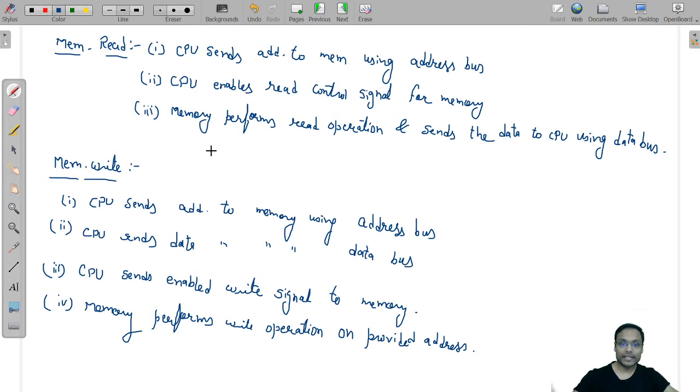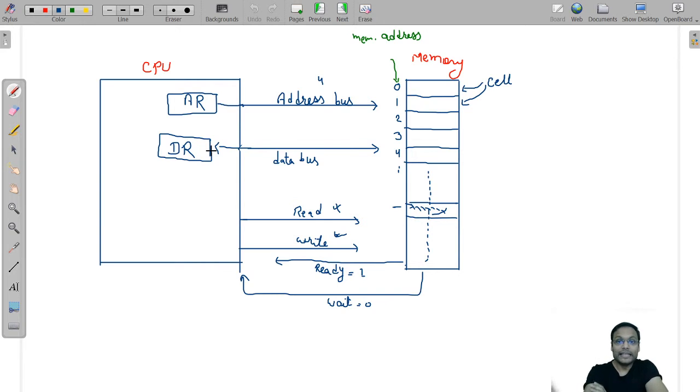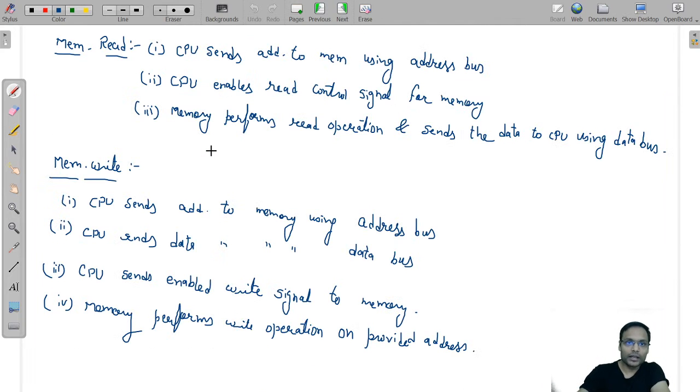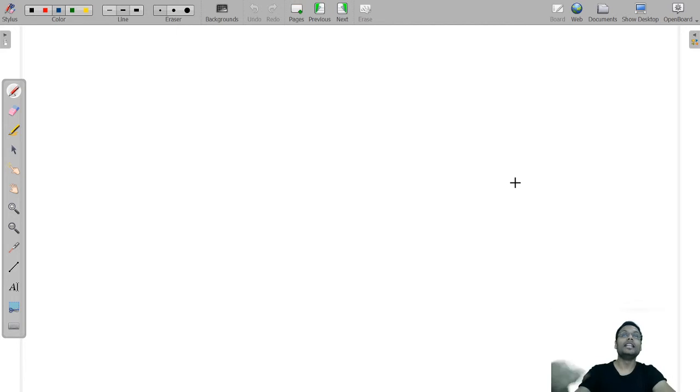Okay, now let's have a simple question for you. I am not going to answer this particular question. You find out, and if you do, you can immediately type the answer in the chat and send it to me. I am asking: in the read operation, data goes from memory to CPU. Just imagine, in the memory read operation, the data goes from where to where? From memory to CPU.